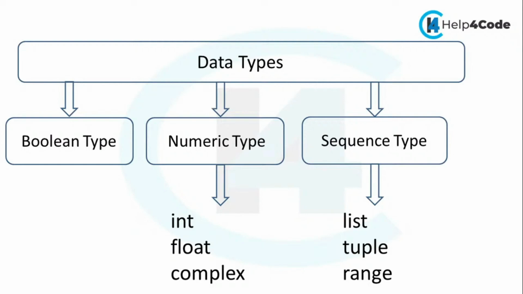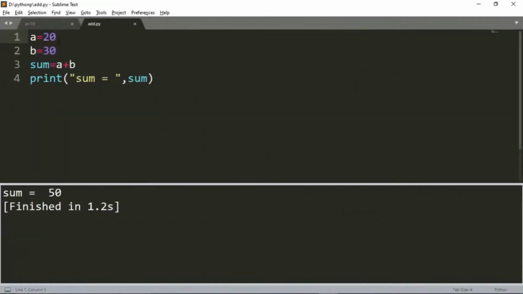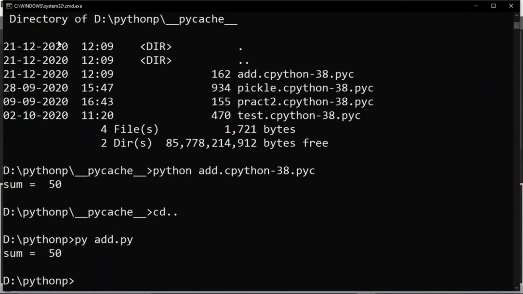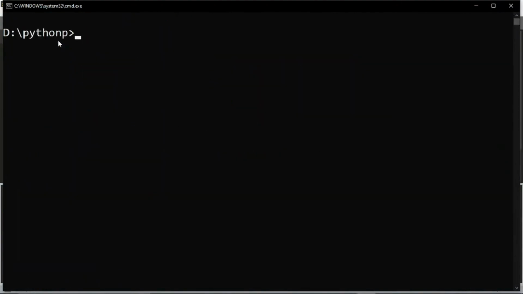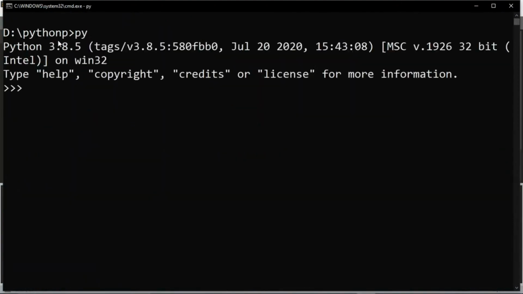In Python we have some functions, and by using those functions we can perform some basic operations. Let me discuss those functions. So the first function is the type function. How can we check the type of a variable? Suppose I have a variable a equals 10. What is the type of this a? So I have a function that is type.